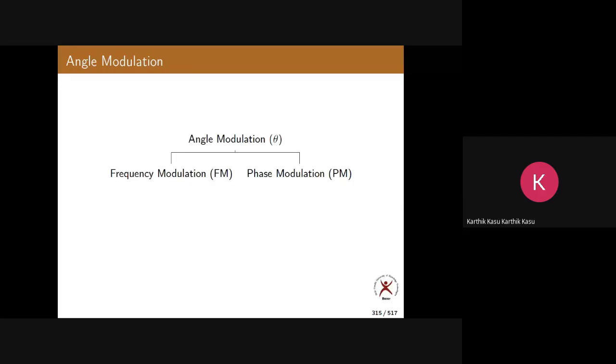If you look at any sinusoidal signal, it has three parameters. What are they? It has some amplitude, some frequency, and some phase. Frequency and time period are related: frequency equals 1 by time period. That's why we study only frequency. So we are changing the parameters of a sinusoidal signal: amplitude, frequency, and phase. We have seen how to change the amplitude of the carrier, which is called amplitude modulation. Now let us see how to change the frequency and phase of the carrier according to the message signal.